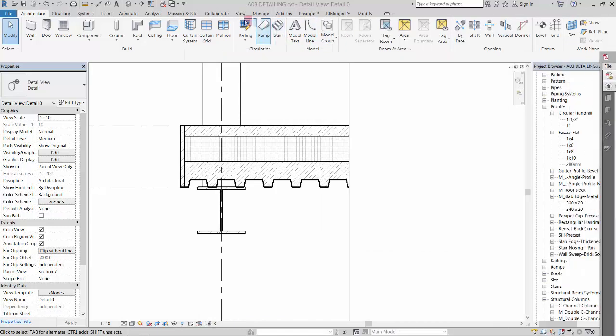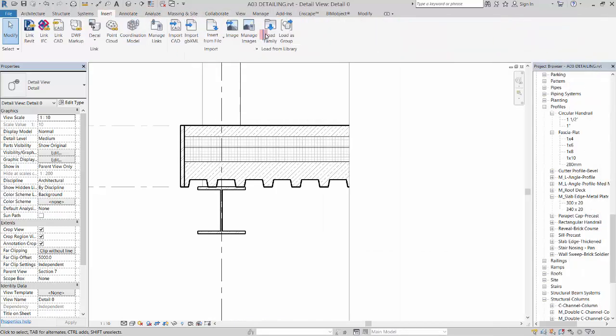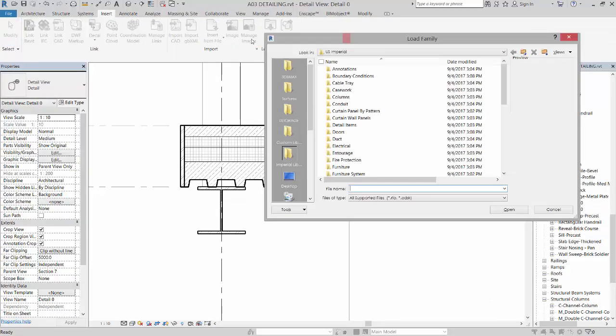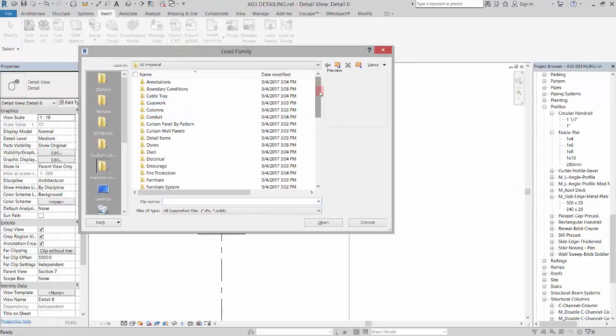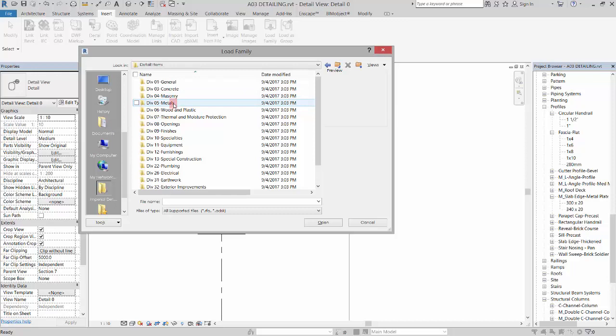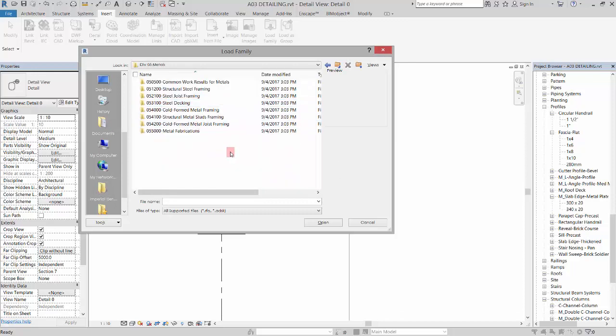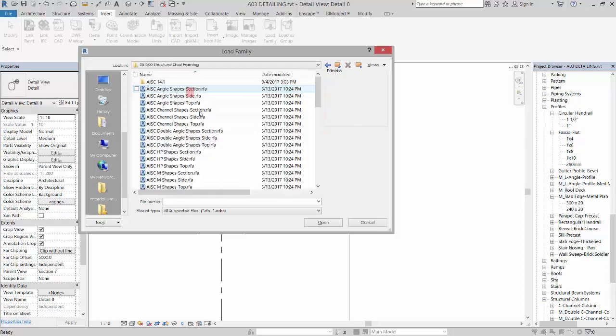So I'm going to go to my insert, load family, and you might be tempted to go down to structural steel framing, but don't. You want to go to detail items, and in the detail items is metals, and you're going to notice that it's divided up by divisions, just like specifications. So I'm going to go to metals, and you're going to have structural steel framing in here. All of these things are 2D components, so you're going to see angle shapes,